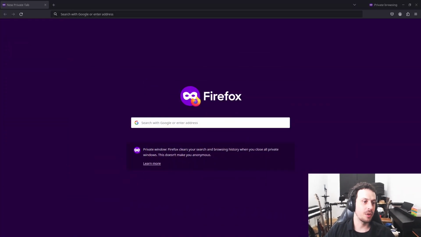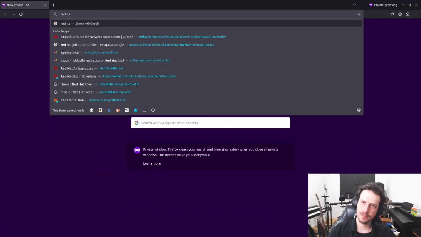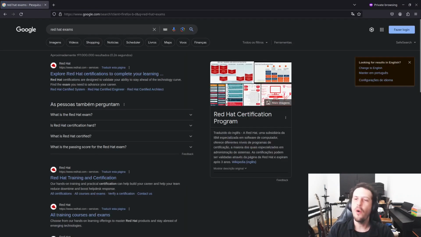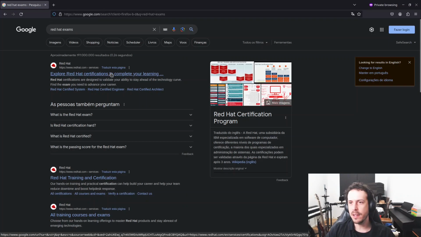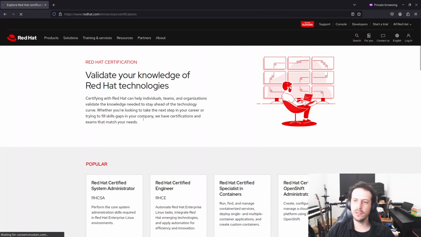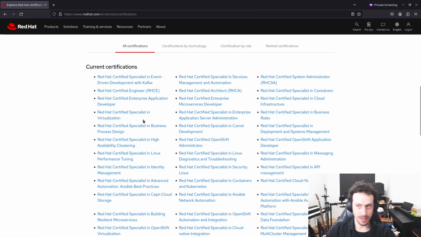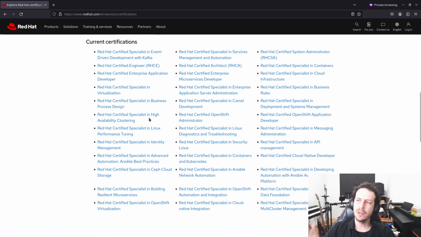Very well, so the first thing, we have to know the exam we are looking for, or the exam we want to do. So I will search here in my Firefox for Red Hat exams. Okay, I will click on this first link here, and just to show, there are a lot of exams here. I don't think every exam is here, but there are a lot for sure. So every Red Hat exam has 2 letters and 3 numbers. For example,